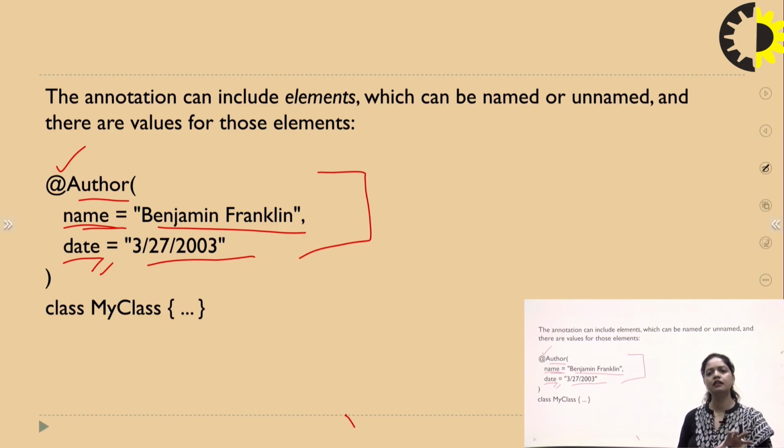So it is a kind of instruction to a compiler, so that whenever the program is being executed, they will be holding the name value to be Benjamin Franklin and the date. If it is not there, then some kind of warning or instruction is issued by the compiler. So that check will be performed, and that instruction is given by a developer to the compiler before execution of the program, to ensure the flexible execution of our program.